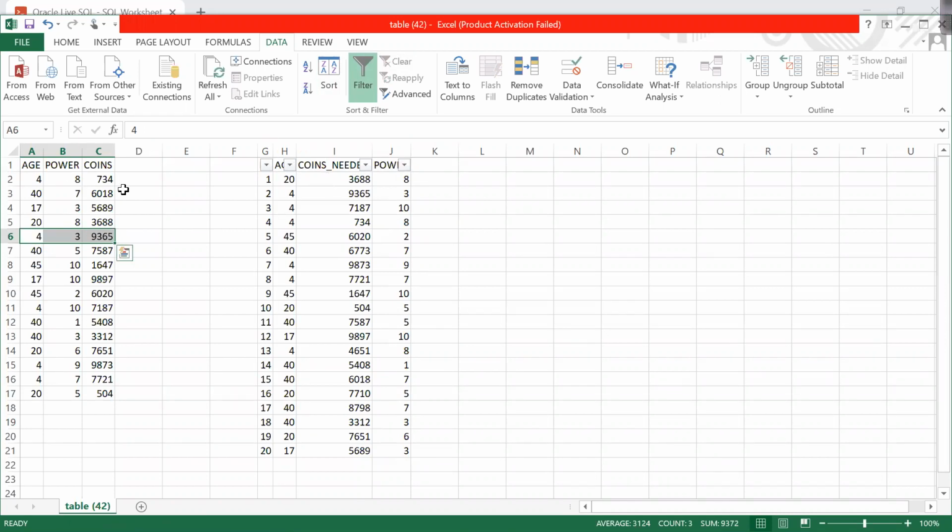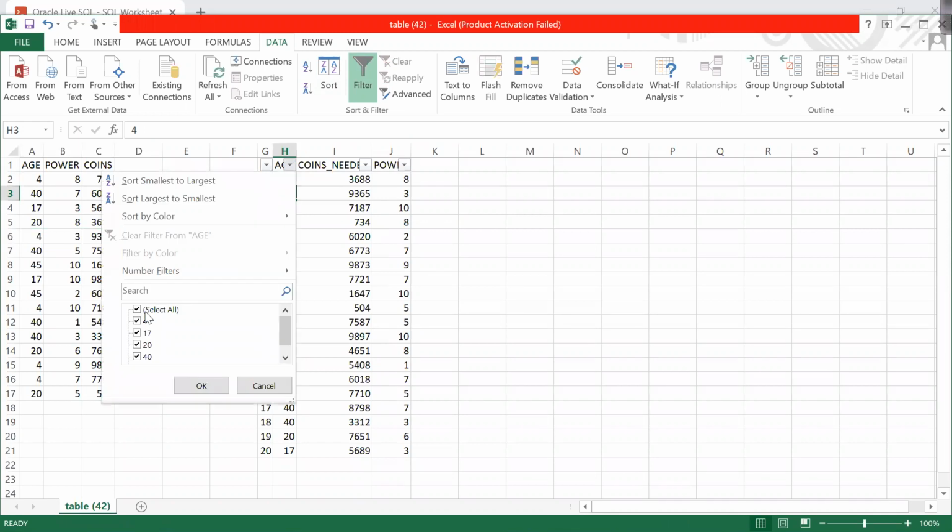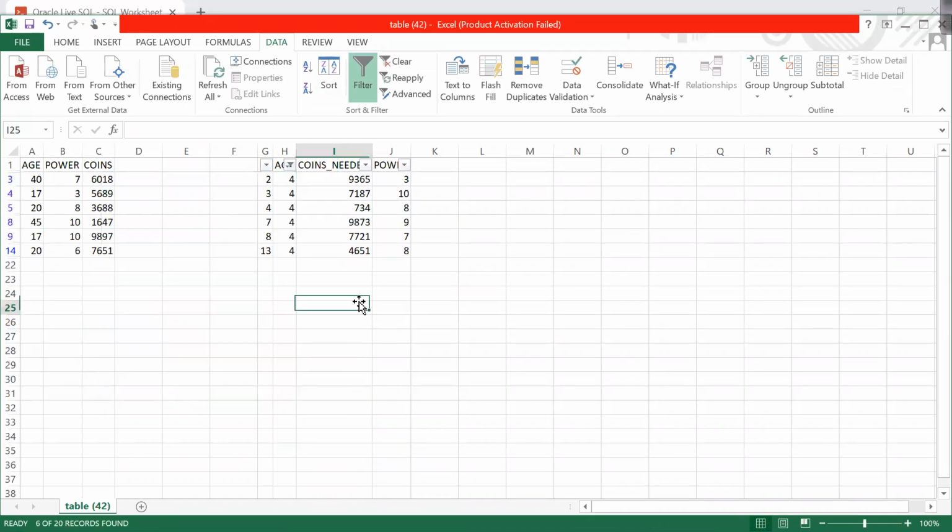So basically for age 4, how many values do I have? This record will take the priority because this record has the lowest coins. So for age 4 there should be 734, but all the rest of the records should be the same because I don't have any duplicates apart from that.